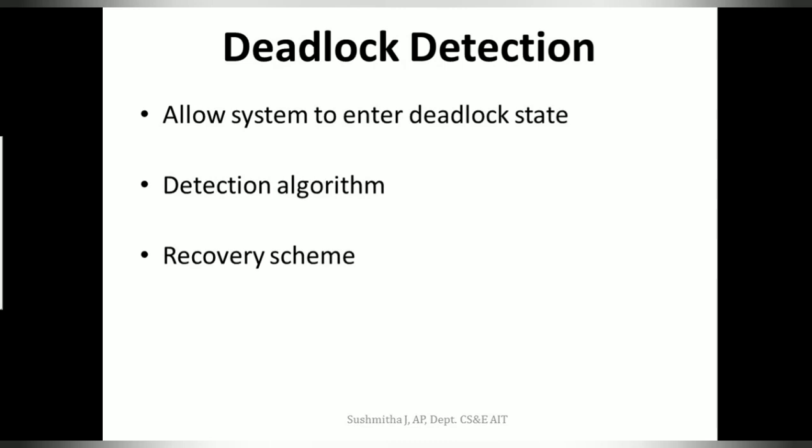The next we have is the deadlock detection. So in handling the deadlock, we had seen we could be preventing a deadlock, avoiding a deadlock, and lastly we can detect a deadlock if it has already occurred in the system, and the recovery mechanism. So we are left out with deadlock detection and recovery. So now let us see, what if a system has entered a deadlock state? How do we first detect if there is a deadlock?